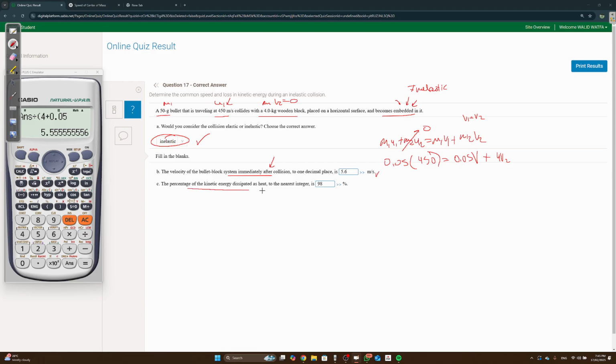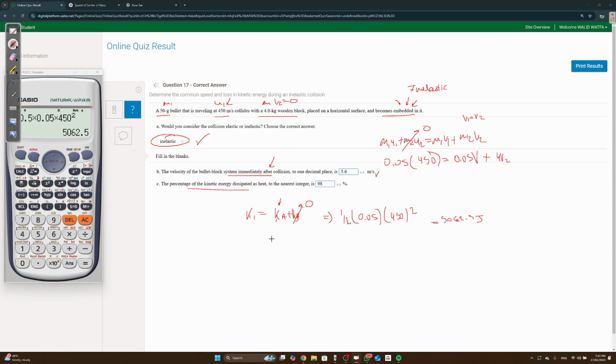Easy. The percentage of kinetic energy dissipated as heat. Basically we want to see how much kinetic energy we lost. To do that, we need to first compare kinetic energy. K1 is equal to Ka plus Kb, where the block is 0. Why is it 0? Because it's at rest. How much is the bullet? It's half times the mass of the bullet, 0.05, times its velocity squared. Let's do it: 0.5 times 0.05 times 450 squared, 5062.5